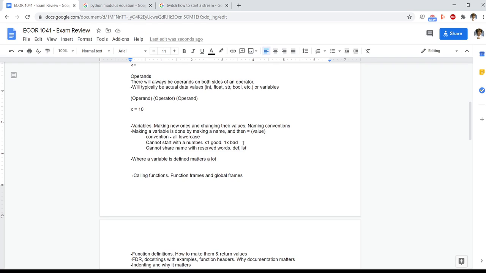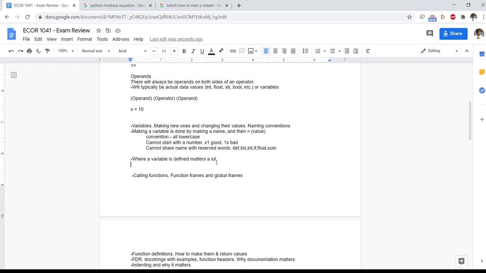Maybe not in the labs, but it does have a good possibility if you use list as a variable name. You don't want to do that. You want to use like LST instead. Actually, not capital. You don't want to start them with capital, like LST or list1, some stuff like that. Like int, if, float. These are reserved words. Don't set your variables to that. Sum is another one that I saw in some of the labs. Some people used sum as a variable name. Don't do that. It can cause issues later on.